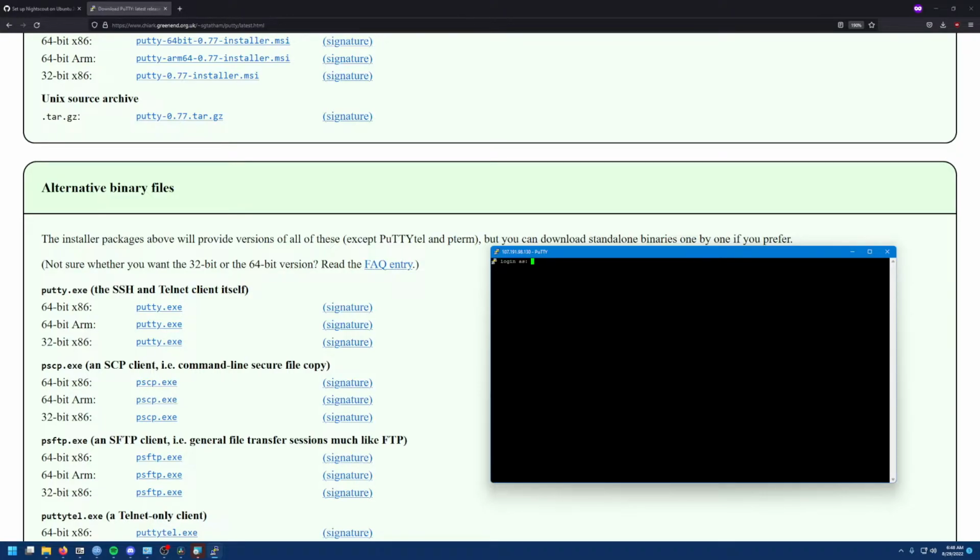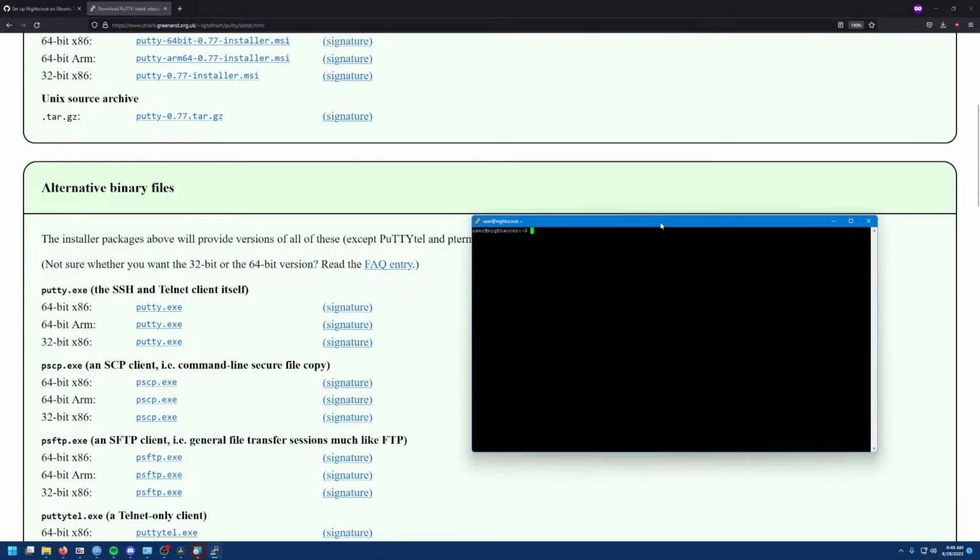Just click accept or yes. You can specify the user right here, enter the password, and you'll be in. So that's just real quick how to connect to your server via Windows. Hope you guys enjoyed this quick little bonus. Let's get back to the tutorial.